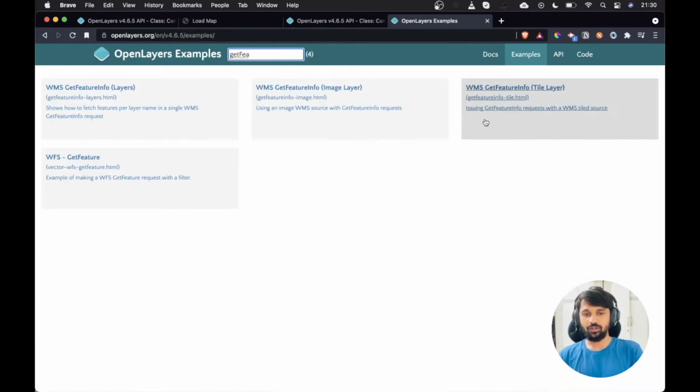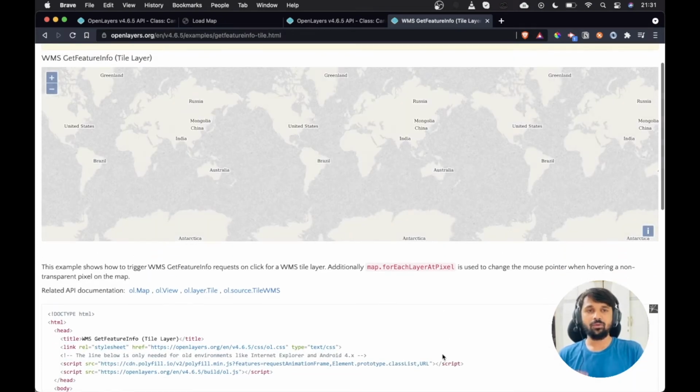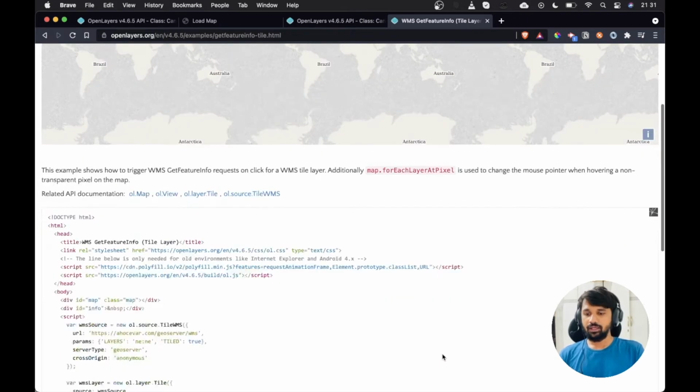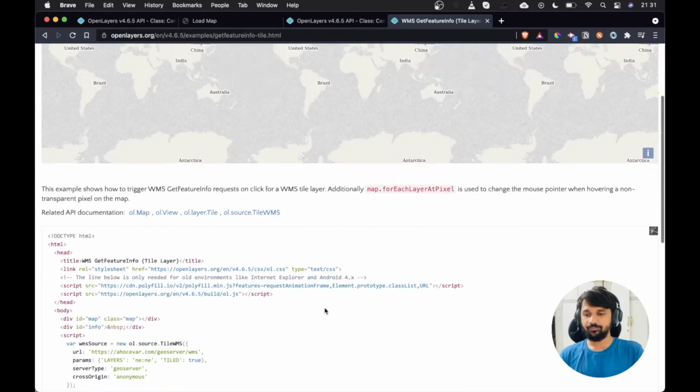If I look for getFeatureInfoURL, we'll see that the way the WMS data works is that since it is not the data that resides inside our OpenLayers application, we have to get the coordinate, we have to get that exact location, and we have to communicate with the server from where we are getting the WMS data. And then that server will basically return us the feature. In our case, we will be using GeoServer's layer which we see here.